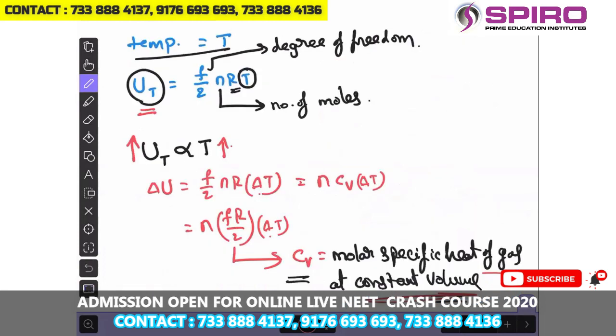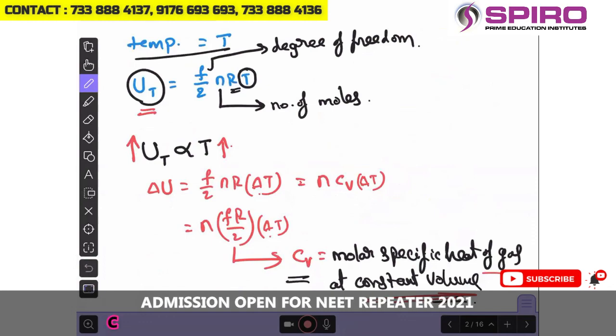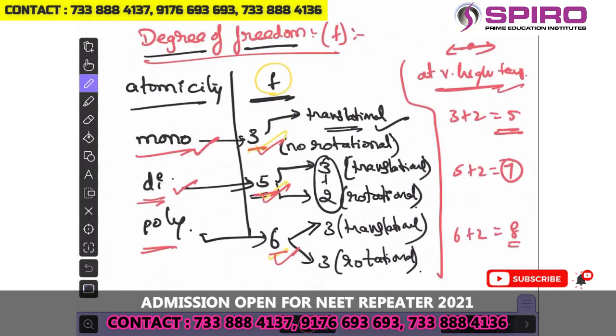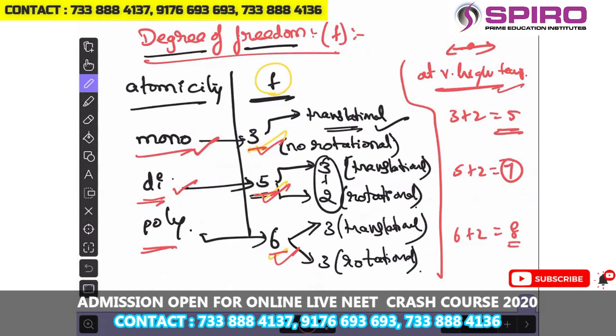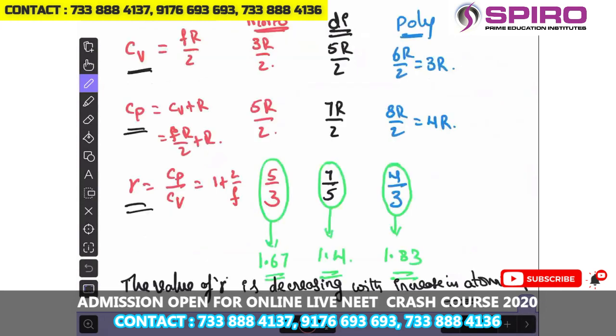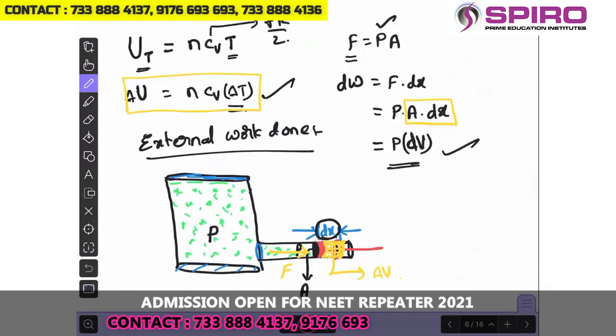The internal energy is a pure function of temperature, and the degrees of freedom for different atomicities we have taken. For monoatomic gas it will be 3, for diatomic gas the degrees of freedom will be 5, for polyatomic gas it will be 6, and for extraordinary temperatures, the extra degrees will be taken additionally, one potential and another kinetic, and Cp, Cv, gamma values are taken for different atomicity gases,